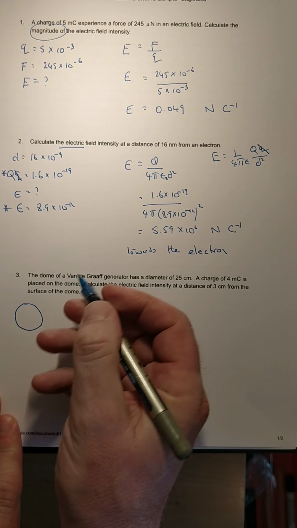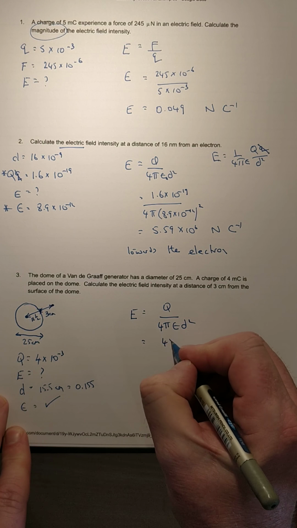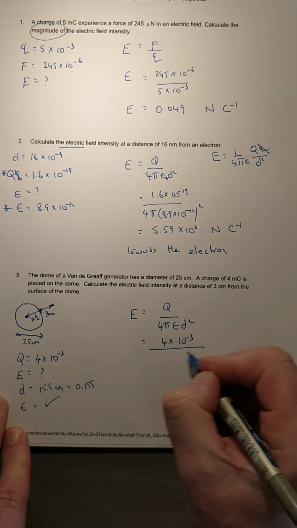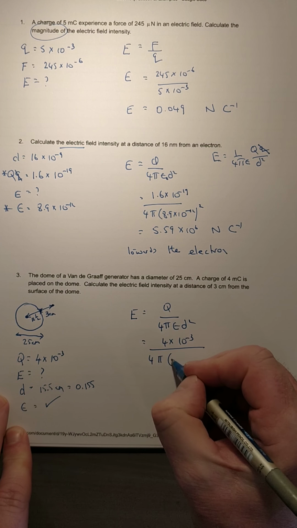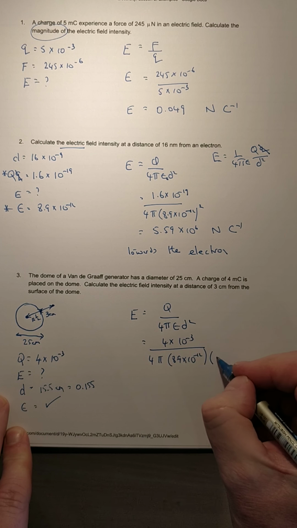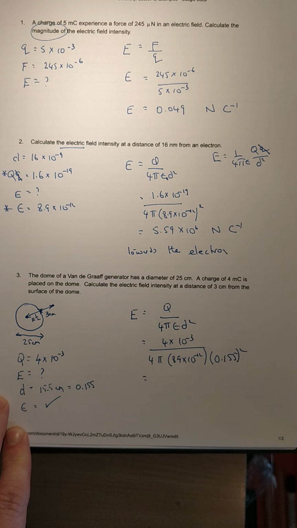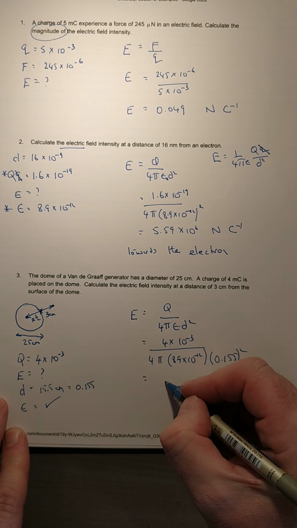So again, it's this one, which is going to be the much more common formula, and we're going to fill it in. So 4 by 10 to the minus 3 over 4 by pi by 8.9 by 10 to the minus 12 by the distance 0.155 squared and we get an answer here of 1.49 by 10 to the 9